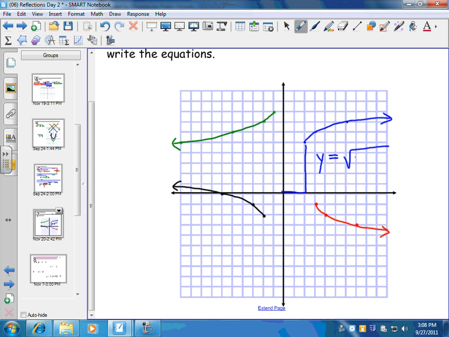So I'm going to think about going 2 to the right, counterintuitive. So I'm going to go minus 2. And then I went up 5 from there, so I need to make sure that's on the outside. Okay, so that one's pretty easy. The next one I'm going to do is this black graph. And I can see that this one was reflected